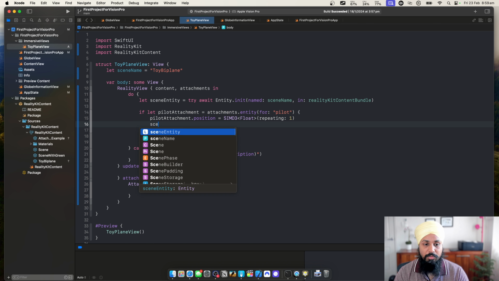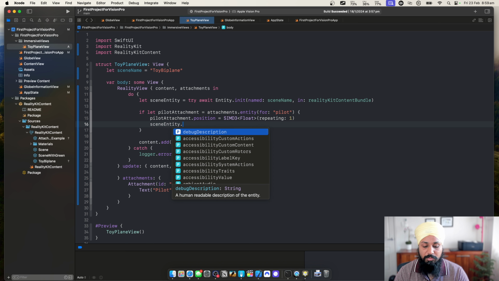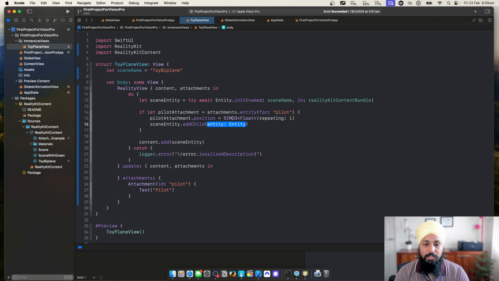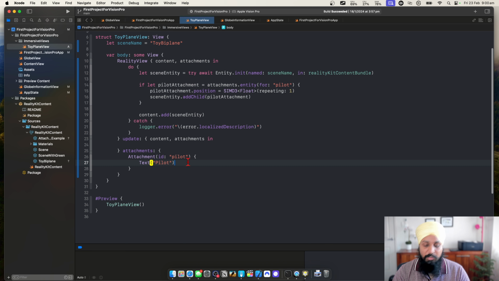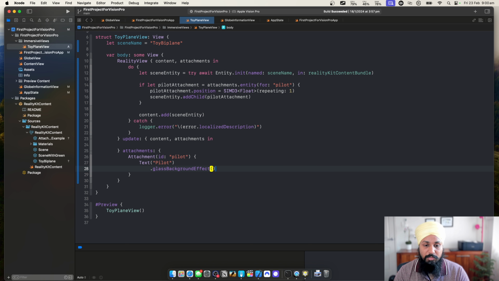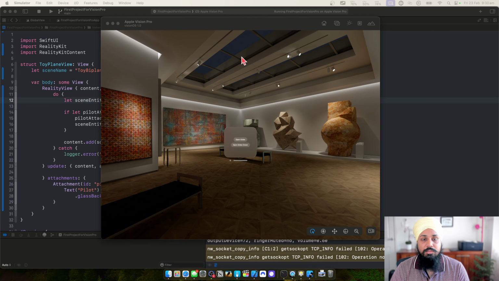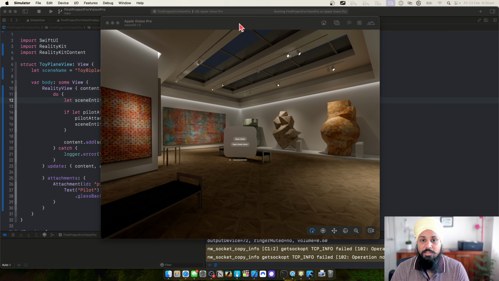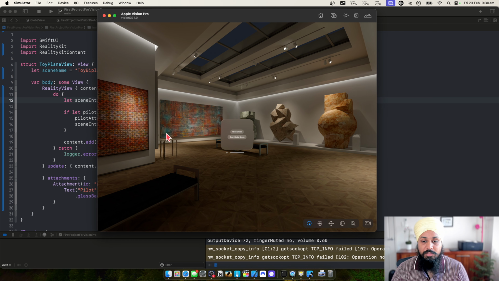Let's now add that to our entity. Add child entity, and that's our pilot attachment, right? So we have added it. So that's our view that we are rendering. Maybe let's give it a glass background effect so that we can see it. Now let's run it. All right, the simulator is running, but we didn't add a button to open our new